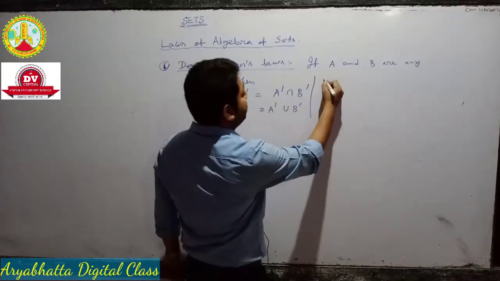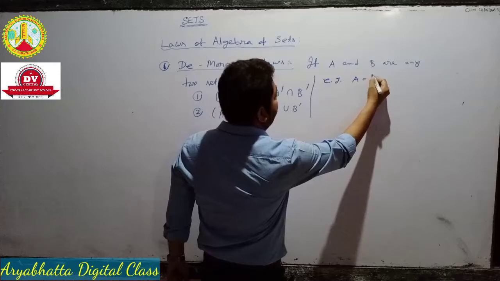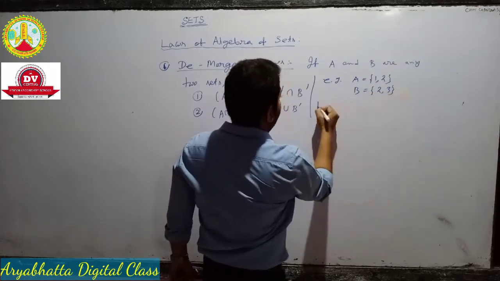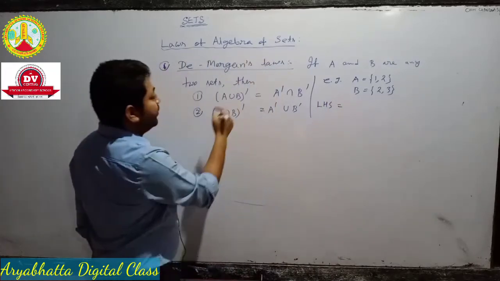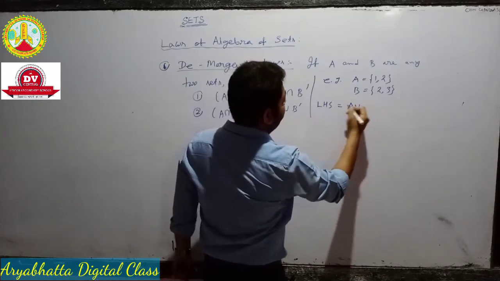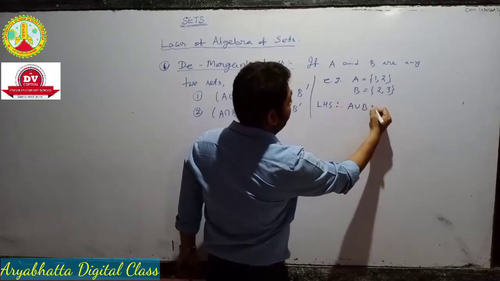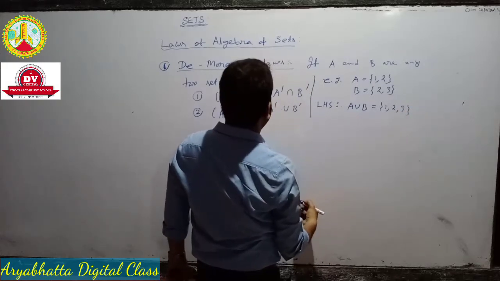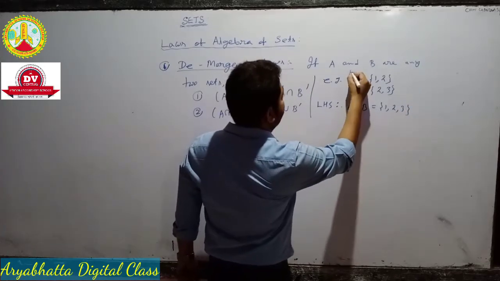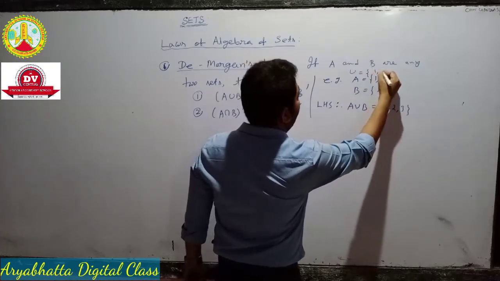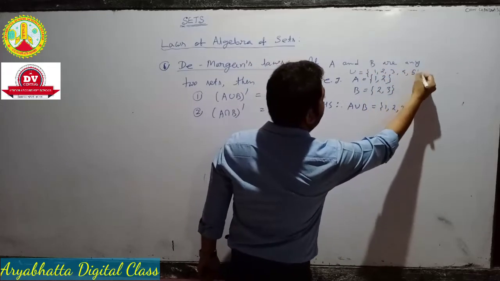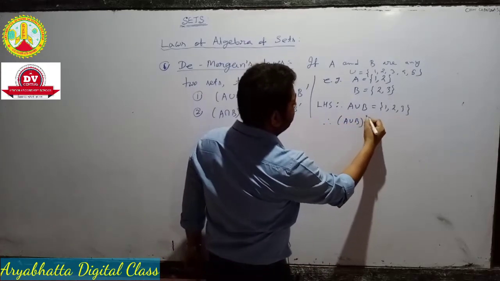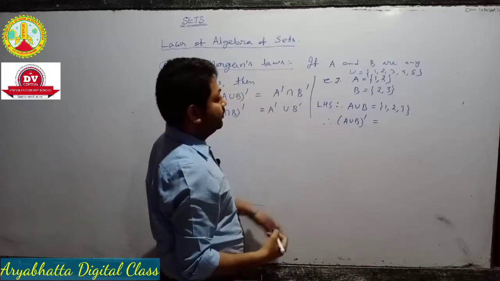For example, A is equal to {1, 2} and the set B is equal to {2, 3}. Left hand side, A union B is equal to {1, 2, 3}. Use a universal set {1, 2, 3, 4, 5}. Therefore, complement of (A union B) is equal to